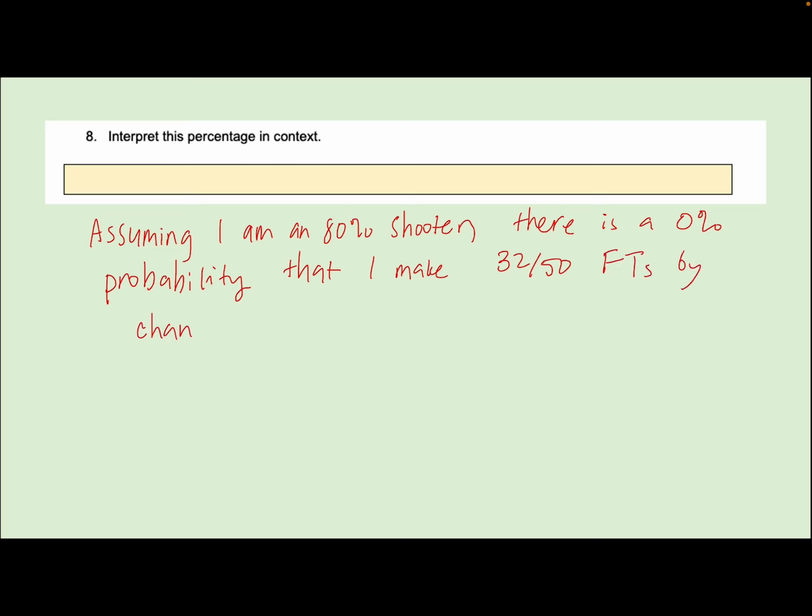I want to break this down a little bit because it might be confusing. If I was telling the truth, if I was an 80% shooter, based off of the simulations, there is a 0% chance that I would get this.